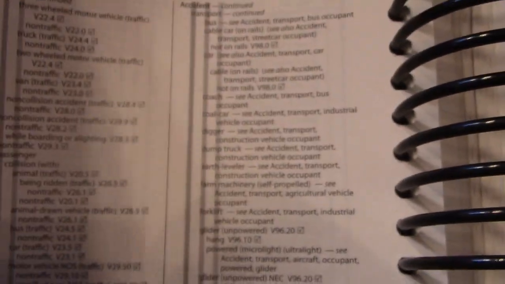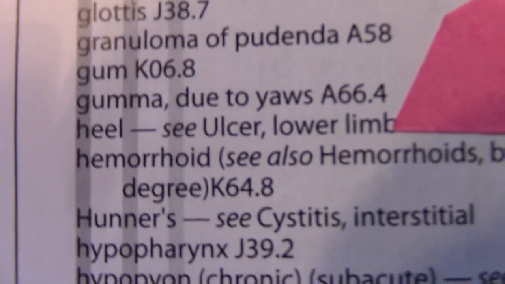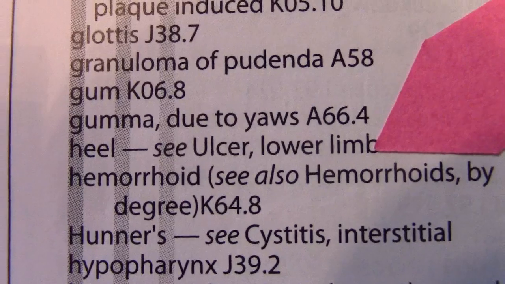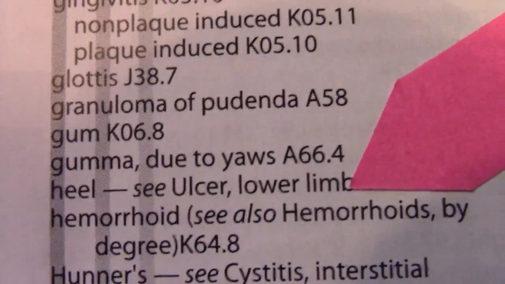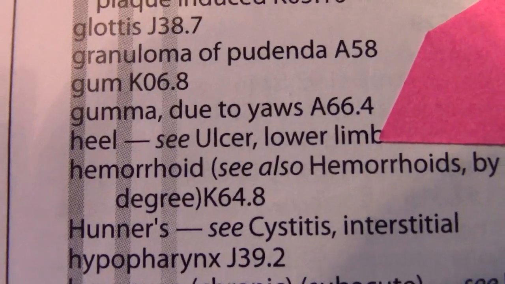But, you know me, I have to teach this correctly. I need to go to main term ulcer and identify the fact that it is an ulcer, and we've already looked up diabetes, so I need to do ulcer, heel. But heel says see ulcer lower limb. See that? So when I go to ulcer, when I look up heel, see the subterm heel, see ulcer lower limb. So then I need to turn and look up ulcer lower limb. And lower limb